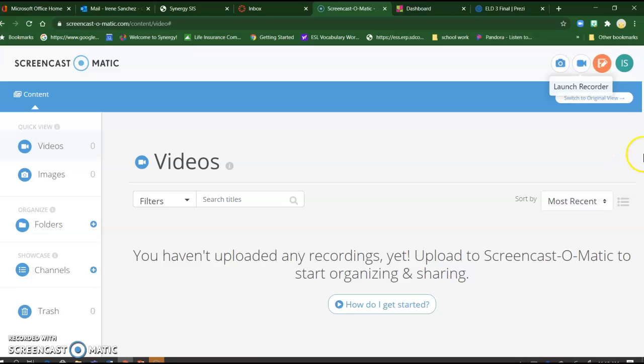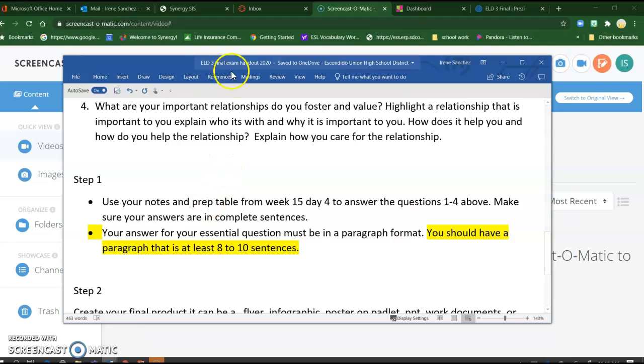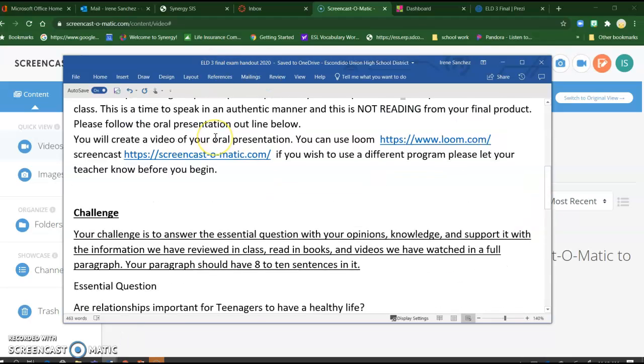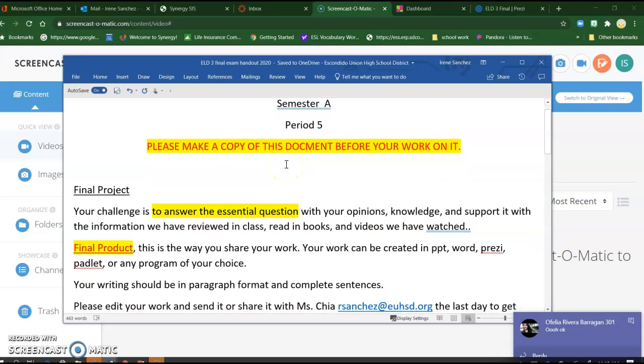When you are ready to put your essential question and your sub questions for our final into a final product, let me see, I'm going to show you guys. So here we have our final product, semester A for period 5, correct? So when you are creating a final product where you are going to have your answers,